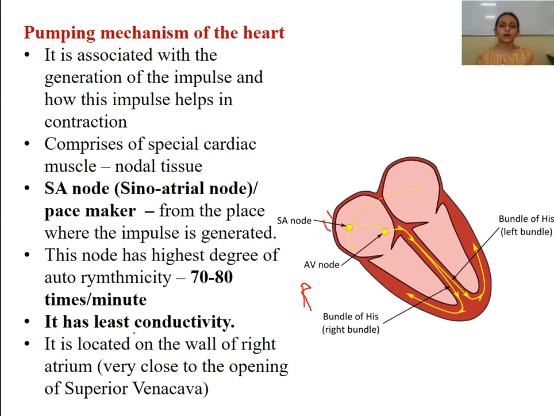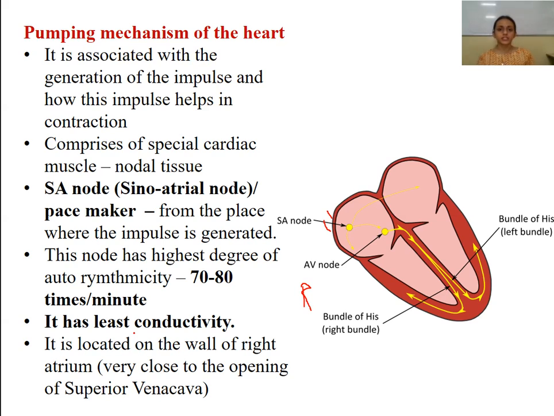Students, so far in this chapter, that is the 8th chapter, respiration and circulation, we have completed studying the respiration part and then we moved on to the circulation part. In circulation also, we have completed studying the components of blood and then we moved on to the heart, where we studied the human heart. We have completed the internal structure. We have studied the external and internal structures of the heart.